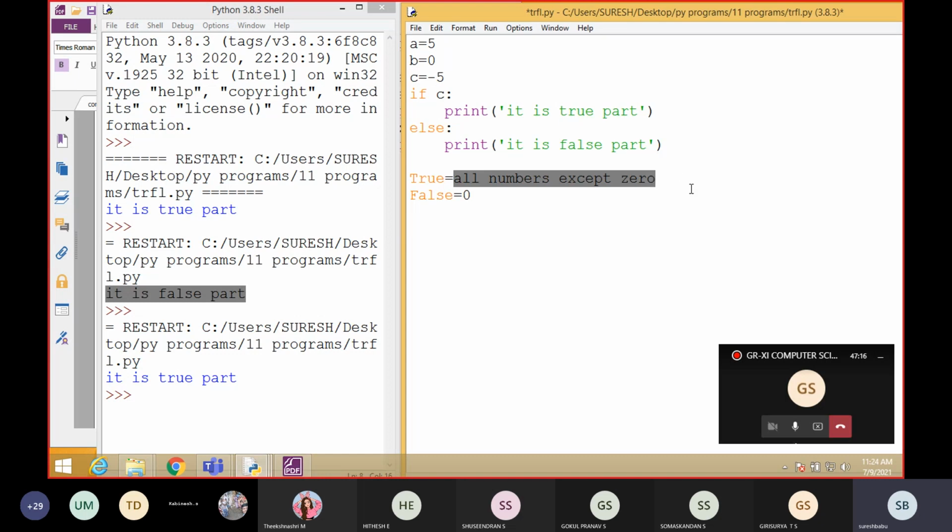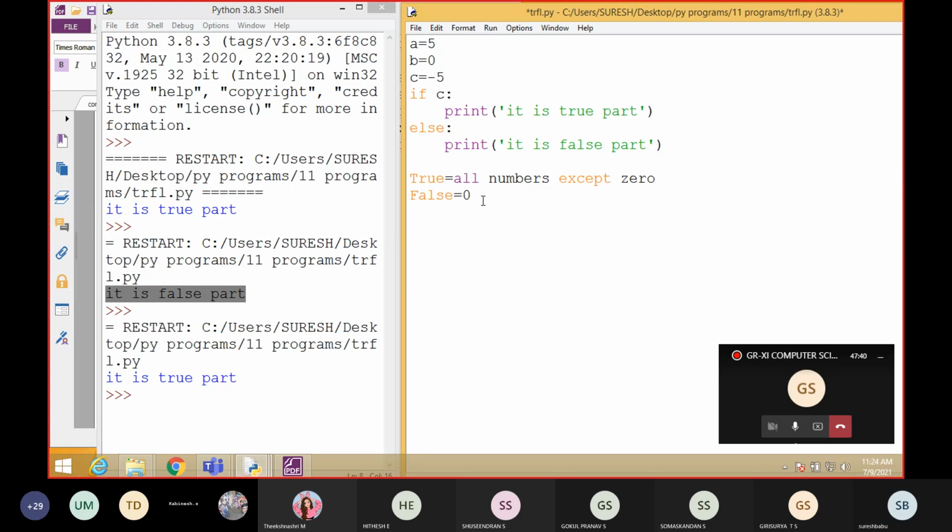If you give any values, 0 is taken as false, and other values are taken as true and it will execute the if part. Understood everyone? This is how true and false execute in if else programs.